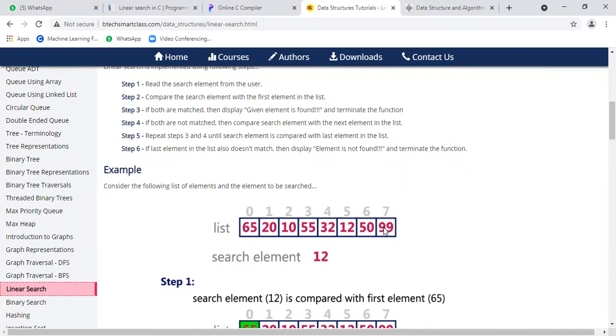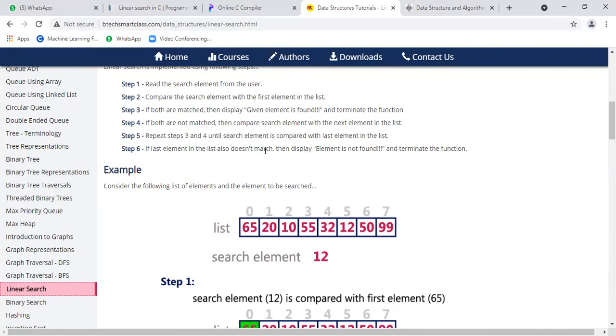After the completion of position 7, it will terminate and display that the element is not present in the list. Not searched means not found. The element is not found. Here 12 is there at position 5.